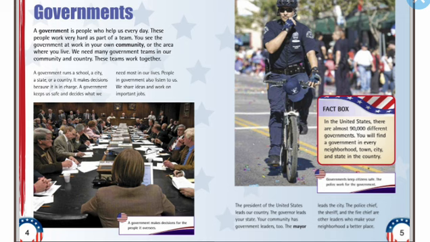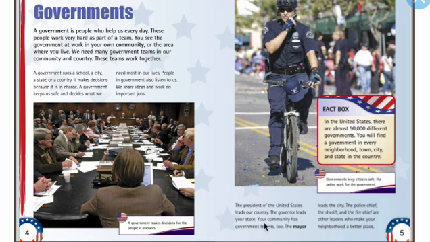It makes decisions because it's constantly changing. A government helps to keep us safe because it helps to decide what we need most in our lives. People in government also tend to listen to us. We share our ideas that we want on various important jobs that they're working on. So in the United States, there's almost 90,000 different governments. We're going to find out about some of the different governments that are in different neighborhoods, towns, cities, and states